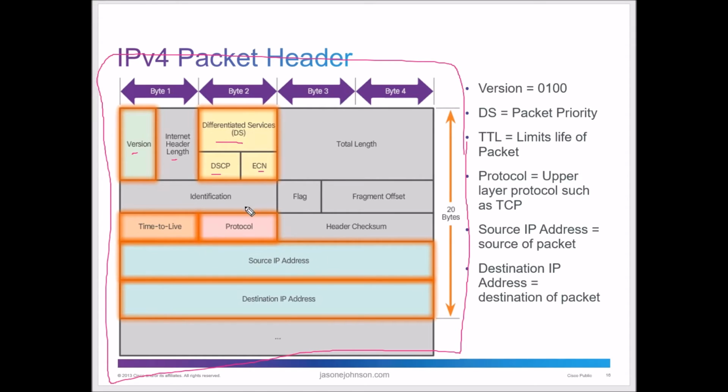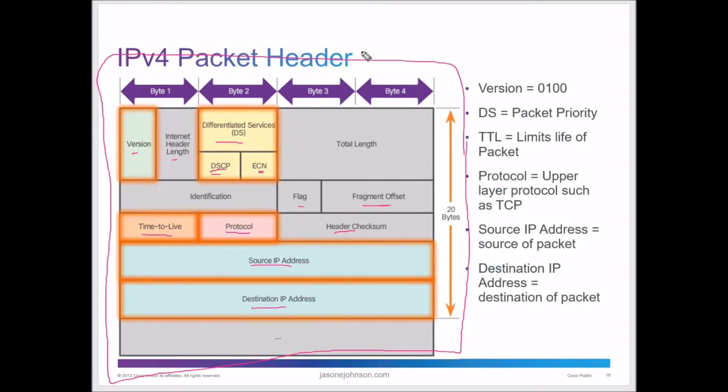But you do need to know. You may not need to know the DSCP and what that is, or the ECN. You don't need to know exactly where the bytes are on here, but you do need to know that the IPv4 header has a time to live built in. The protocols are built in, your source IP, your destination IP, and then some of the services and total length. Again, you're not going to have to rebuild this probably from memory, but you need to be familiar with this so that when you look at it, you know where things go.